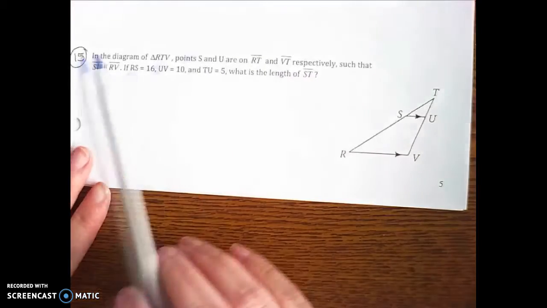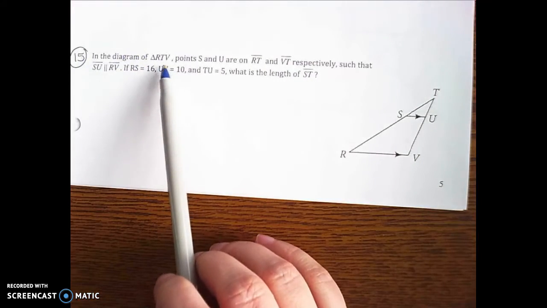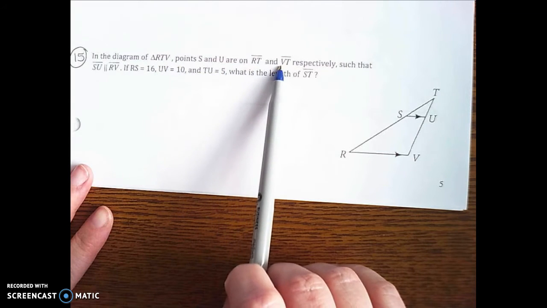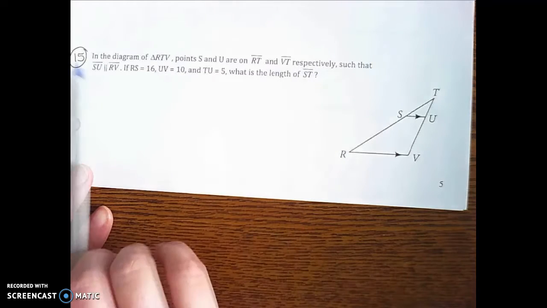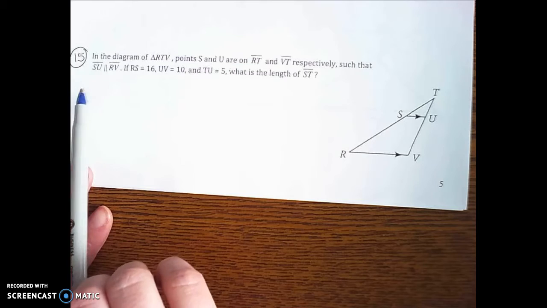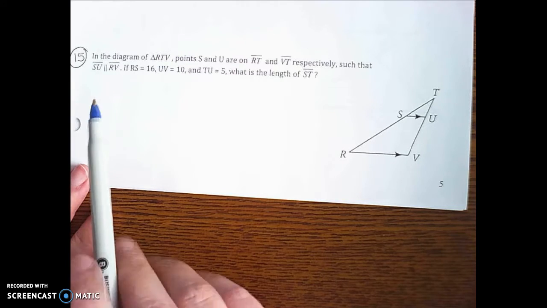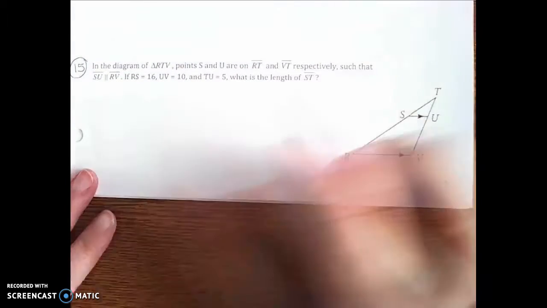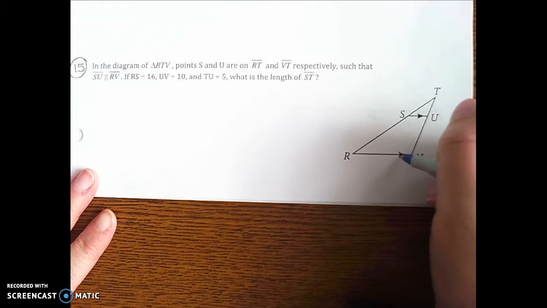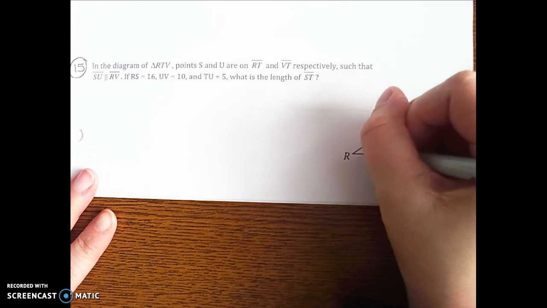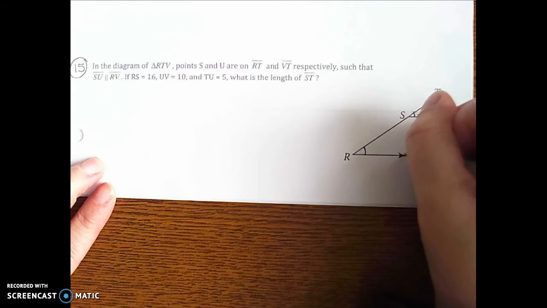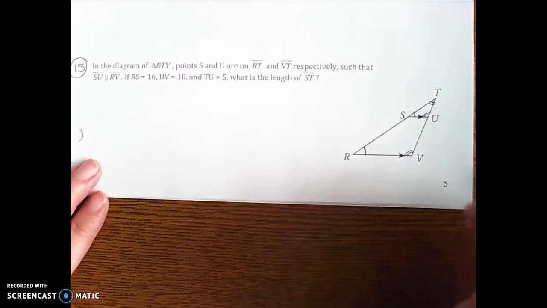Okay. So number 15, in the diagram of triangle RTV, points S and U are on segments RT and VT respectively, such that the lines are parallel. So this part right here is key for knowing which angles are corresponding and therefore how to set up our similarity statements. So since we have parallel line segments, our corresponding angles are congruent. So R is congruent to S, U is congruent to V, and T is congruent to itself by the reflexive